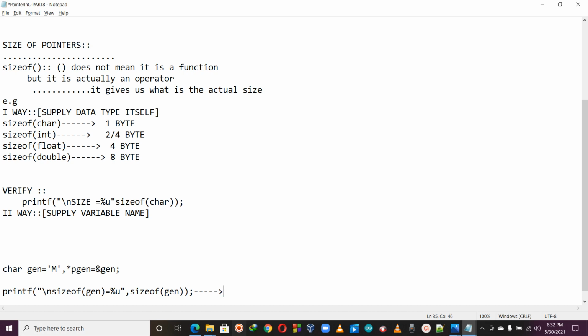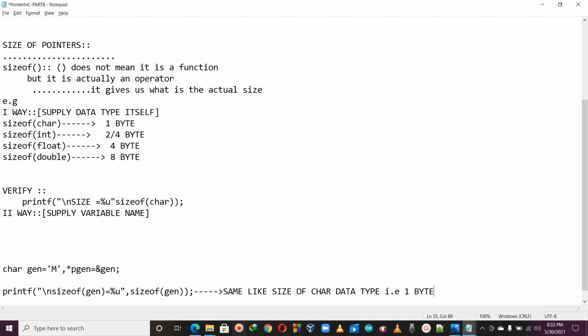Obviously the size of the same as the char data type, that is 1 byte. Fine.